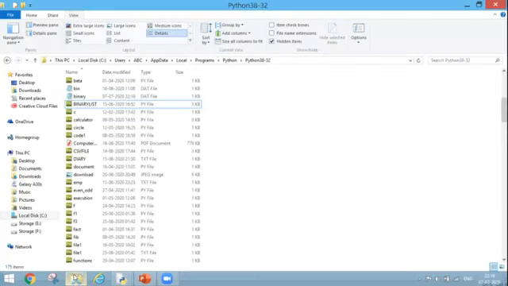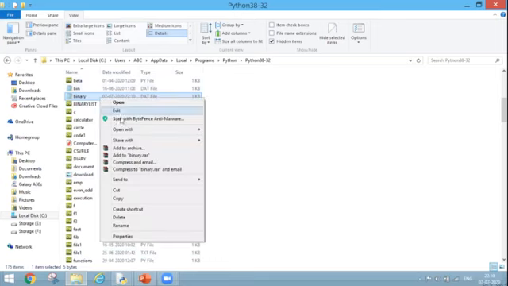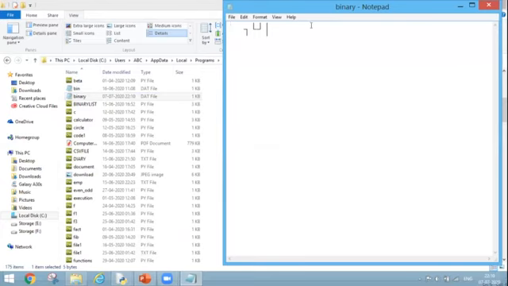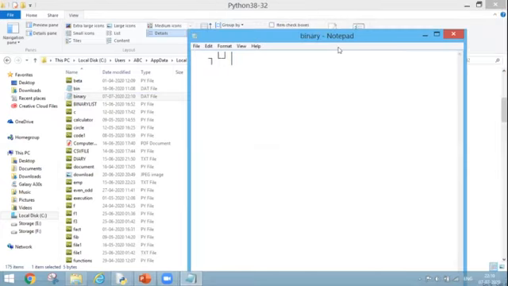Now let's move on to my file. As you can see, as soon as I executed the program, the binary.dat file is created automatically. So what is my WB mode? If the file does not exist, it will create it on the spot. If I want to read it, I am going to right click and open it with Notepad. This is my binary.dat file. And as you can see, this is not a human readable format because the data is saved in the form of zeros and ones, which is known as machine language.